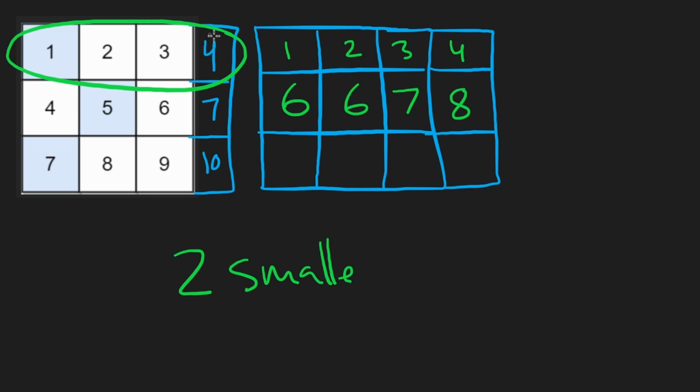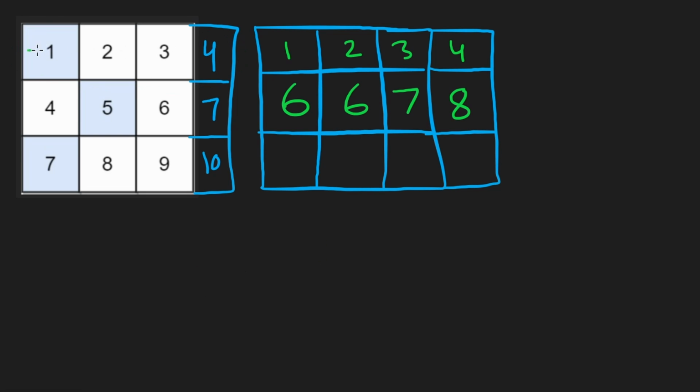We don't need the whole row. We can go through the row a single time. We don't need to go through the whole row for this value and then go through the whole row for this value and then the same thing for every single value. We don't need to do that. We just need to go through this once, keep track of the 2 smallest values, and then forget about the